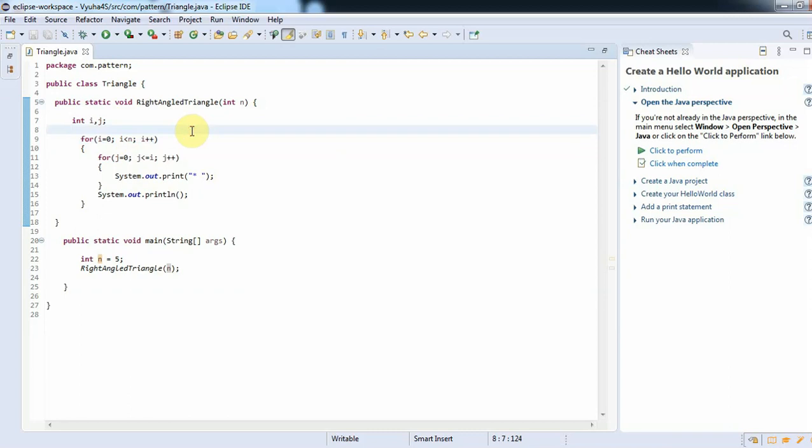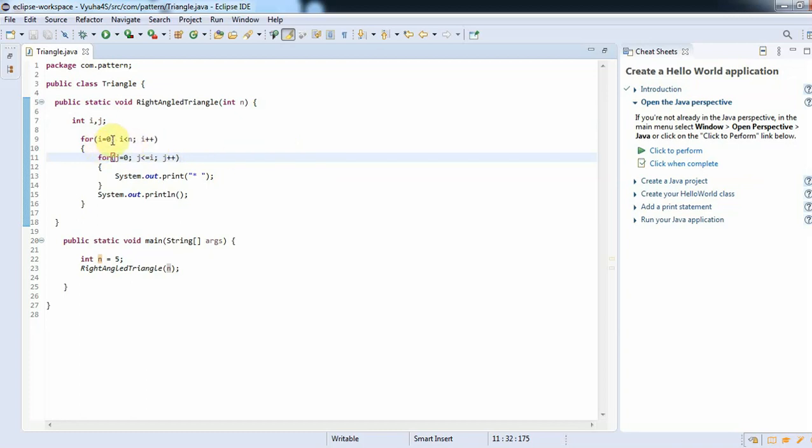The value of n here would be 5, and then i plus plus increments i by one. In the second for loop, for j equal to 0, j less than or equal to i, j plus plus, it means j is initialized to 0, and the value of j must be less than or equal to i.